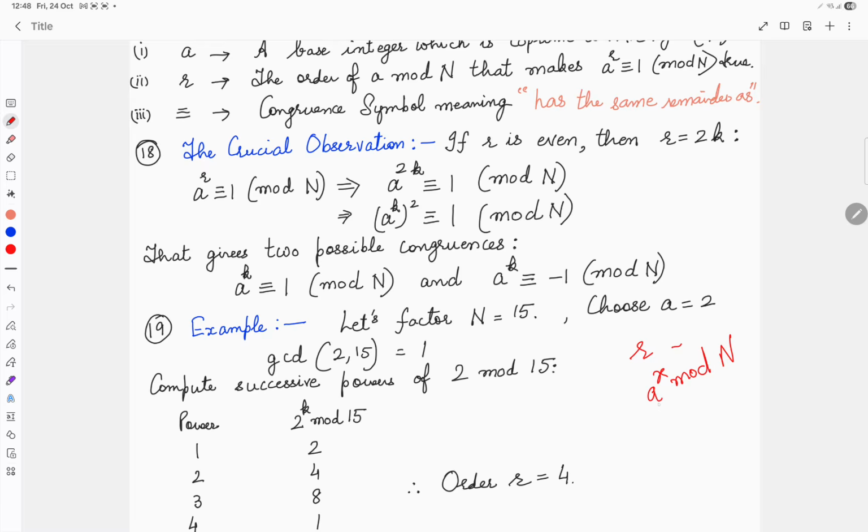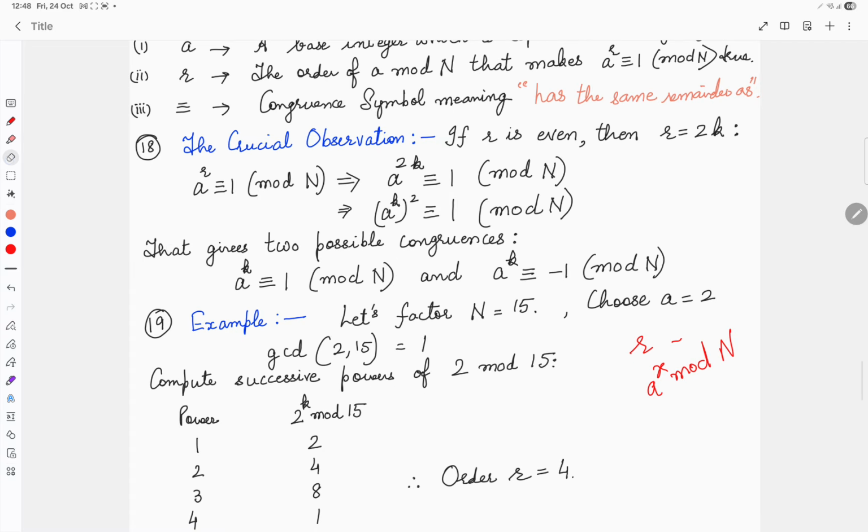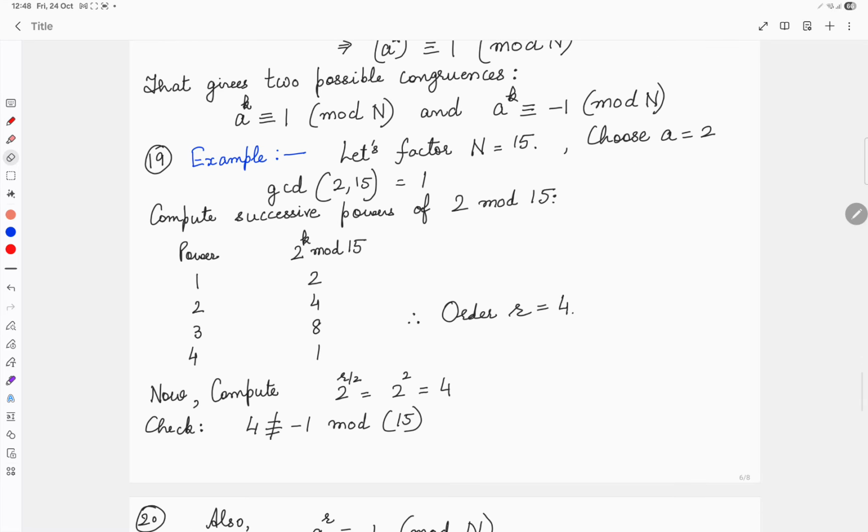So therefore, we actually compute successive powers of 2 mod 15. So this we have to compute actually. Let's see how. GCD is 1. So we will find out the order comes out to be 4, right? Once the order comes out to be 4,